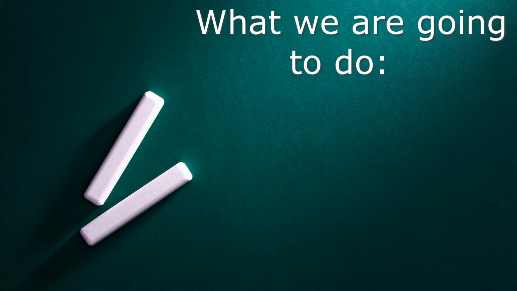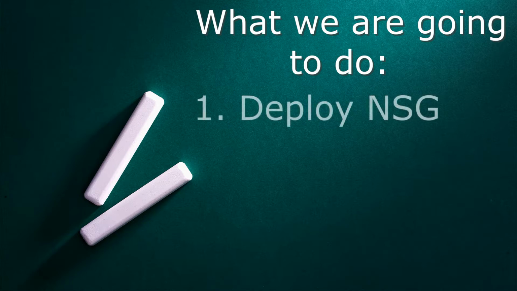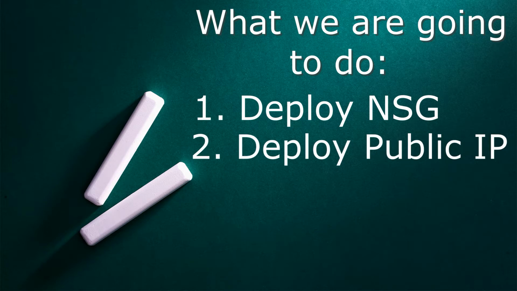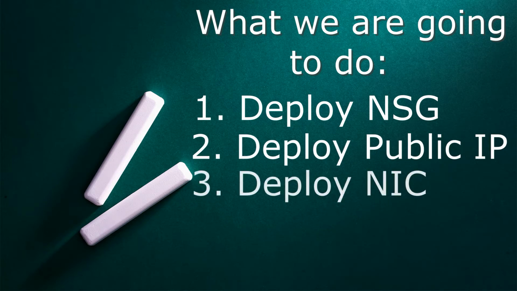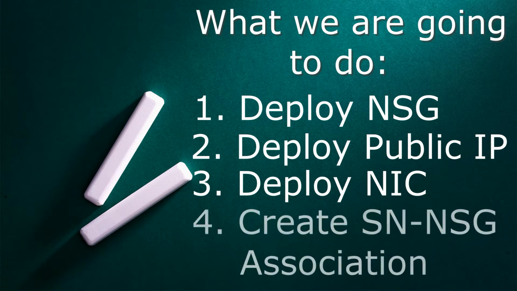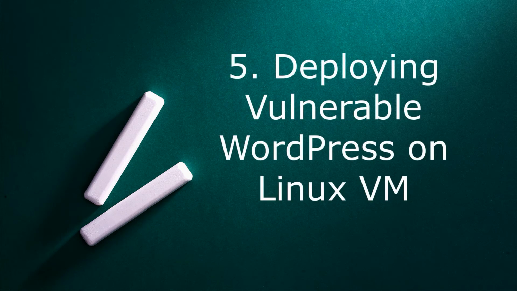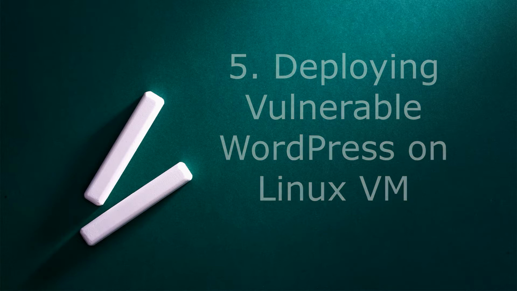We'll be doing five things in this video. Number one, we will be deploying a network security group. Number two, we will be deploying a public IP address for the machine. Number three, we will be deploying a network interface card for the virtual machine. Number four, we will create an association between the subnet and the network security groups, where the network security group will act as a firewall. Number five and the final, we will be deploying the Vulnerable WordPress machine on Linux. We will also be using a startup script with this Vulnerable WordPress machine to automatically provision the vulnerable web server